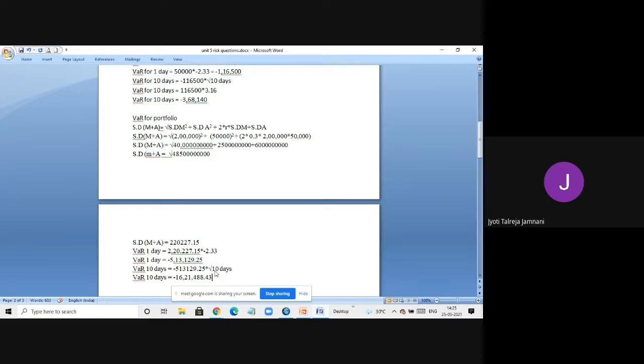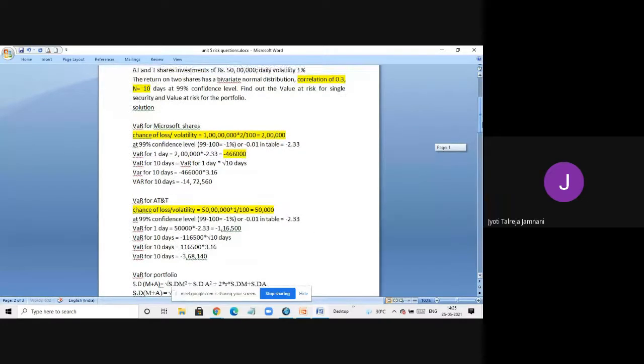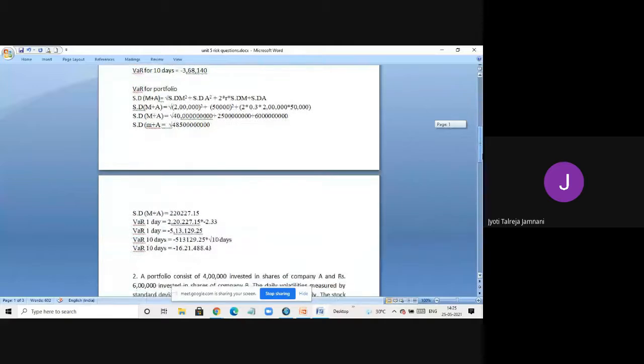Now you have taken 2 digits, that is 3.16. So it is coming like this. When I took all the digits, I got 16,22,657. So the more number of digits you take after the decimal, the more accurate answer you get. So maybe we'll take 4 digits from the next sum onwards. So we get a little more accurate. So this was the first problem, and how to find the value at risk for single securities and how to find it for the portfolio. Any doubts still here?